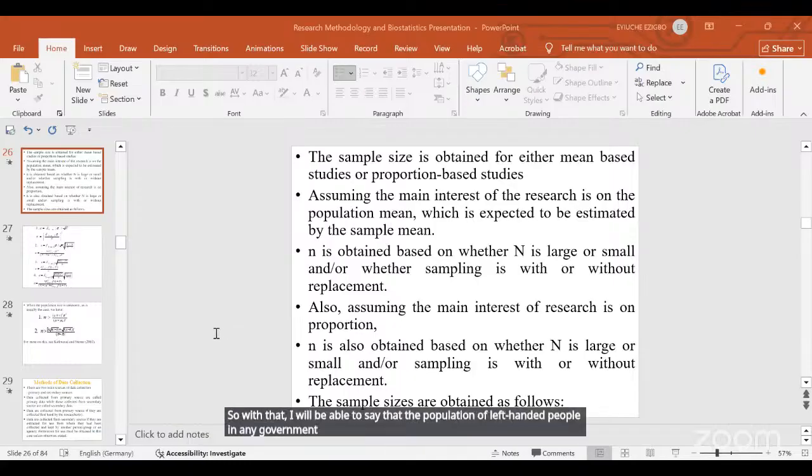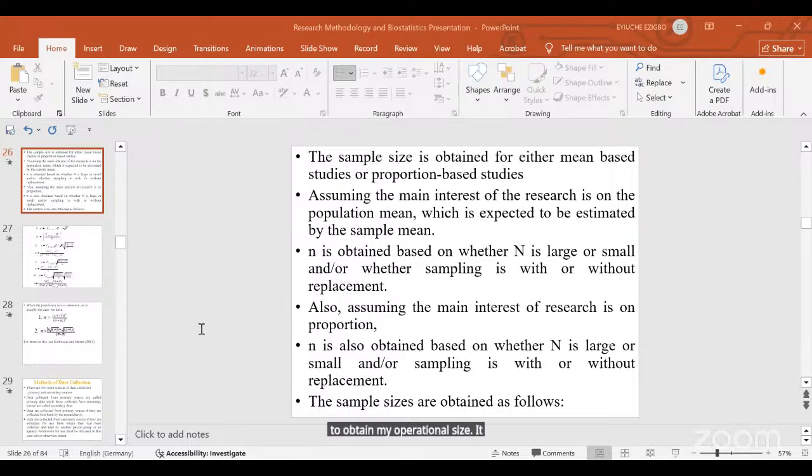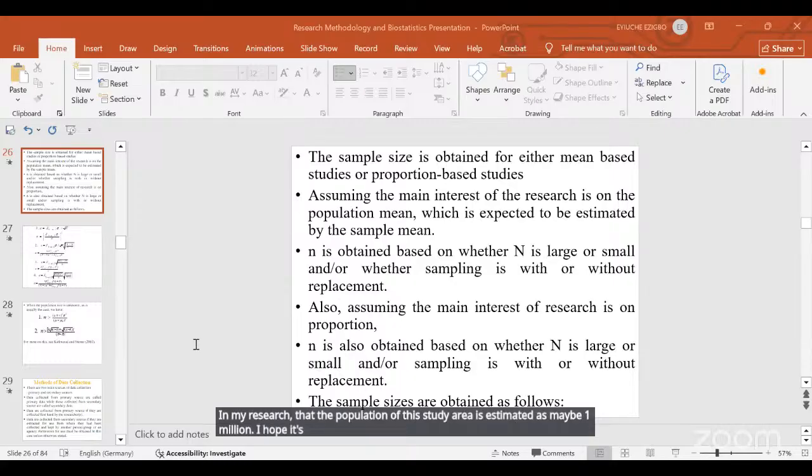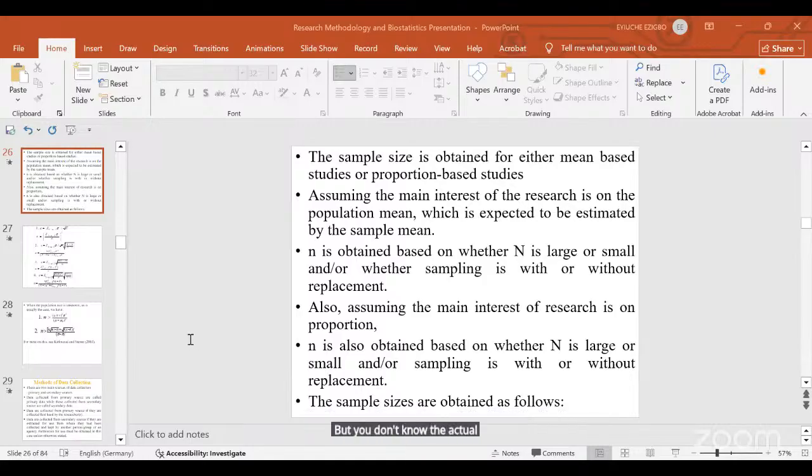But when I am using this method to obtain my population size, it is equally important that I put it down in my research that the population of this study area is estimated as maybe 1 million. I hope it's understood. So that whoever is reading it will understand that it's an estimated population, that we don't know the actual population. I hope it's clear. So, in the Yamane formula, the population size is known, but in the Cochran formula, the population size